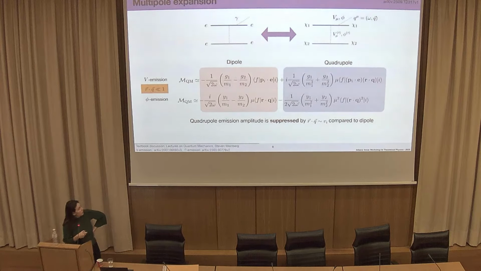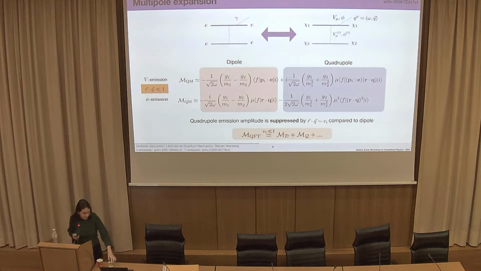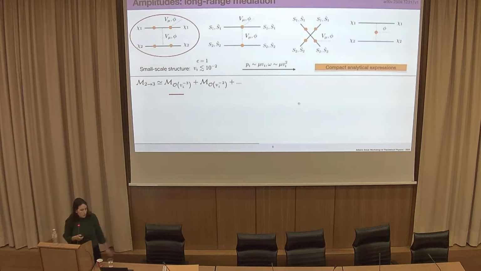It is important to note that between the dipole and the quadrupole there is a velocity suppression, which means that the power counting that we apply to our dissipative channels allows us to exactly find back these dipole and quadrupole parts of the emission amplitude for all of the models we have investigated. So now that we know a tiny bit more about the framework, let me tell you what these dipole and quadrupole parts of the amplitude are characterized by.